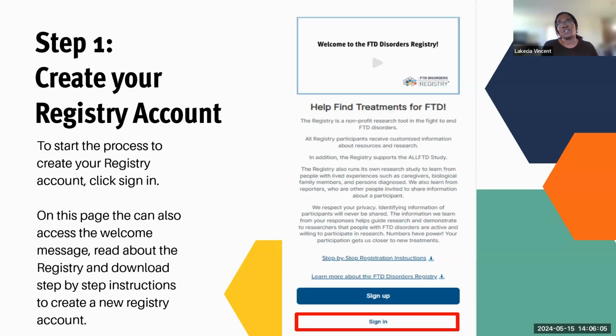Over the past year, we have been going through a platform upgrade to close some of those gaps, and we are very excited that the new platform launched earlier this month. Since you were with us prior to the launch of the new platform, we extended the invitation to you to be the first participants to join the new registry. And as a result, we want to provide a walkthrough to ensure a smooth transition across the two platforms.